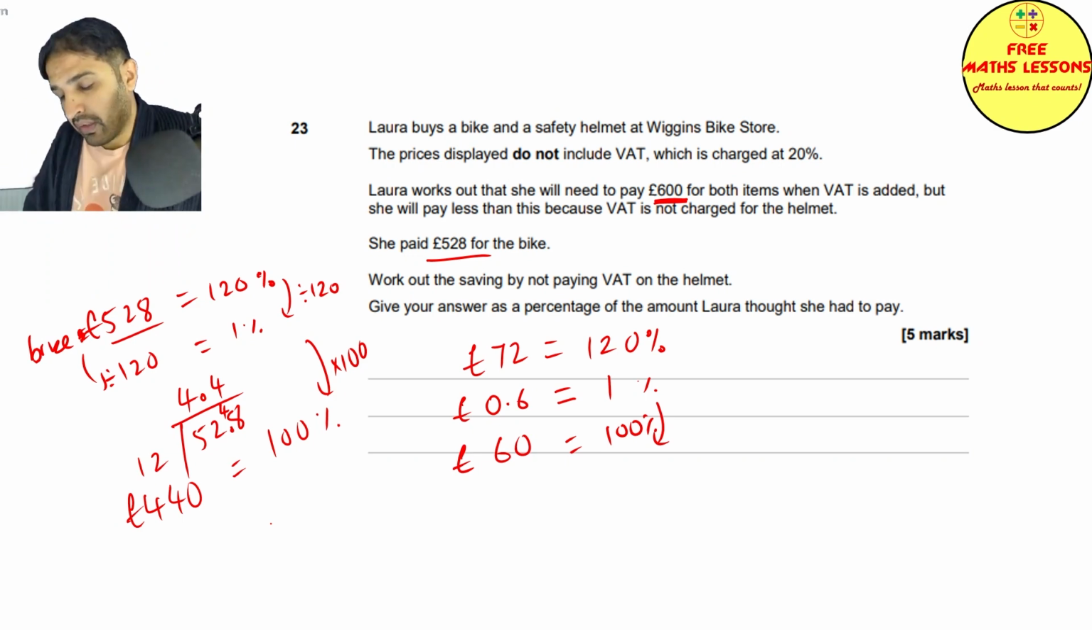Okay, so she saved 12 pound in a way, because she didn't have to pay VAT. So we need to write down 12 pound as the amount that she thought she had to pay, and we need to write that down as a percentage of the amount that she thought she had to pay. So 12